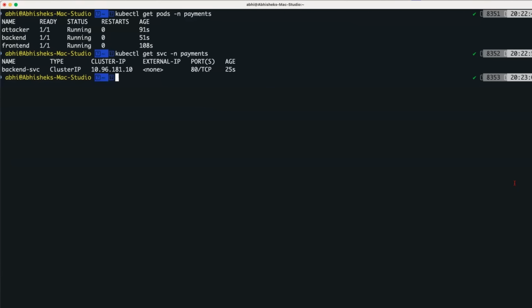Step 1, I'll connect to the attacker pod, kubectl exec -it attacker pod -n payments. I'm taking shell to it. Now, firstly, I'll show you we did not create anything in the sense we did not create any network policies. I'll just run this command